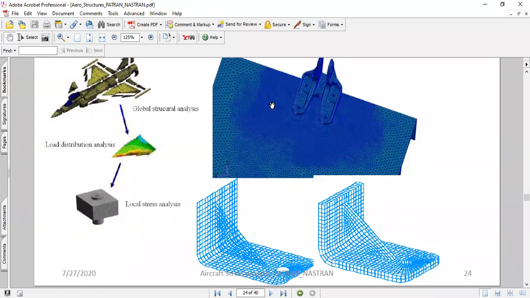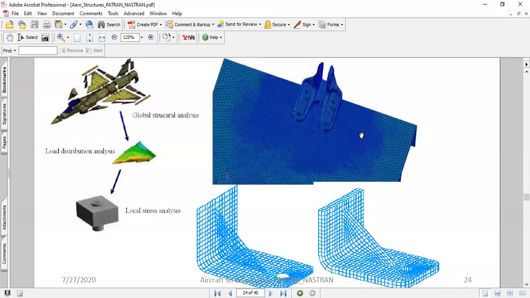But coming to the case study, in this scenario I was interested in what kind of loads transfer, and also in what kind of stresses would develop on the aircraft lug, because we were checking the lug at that point.